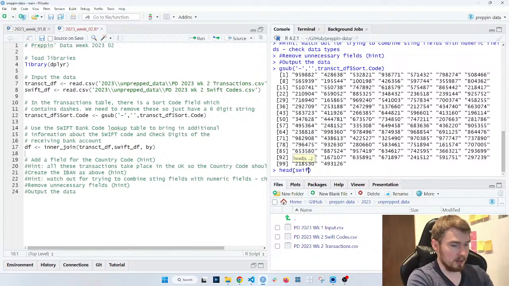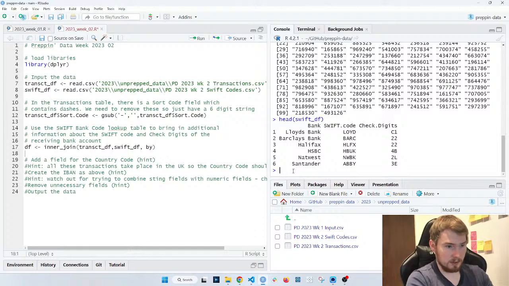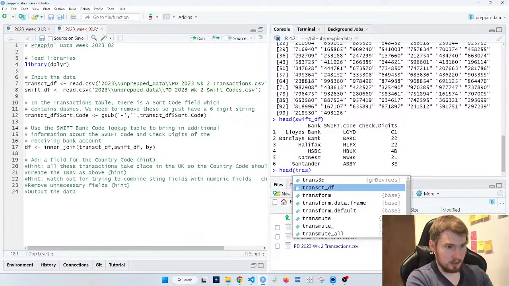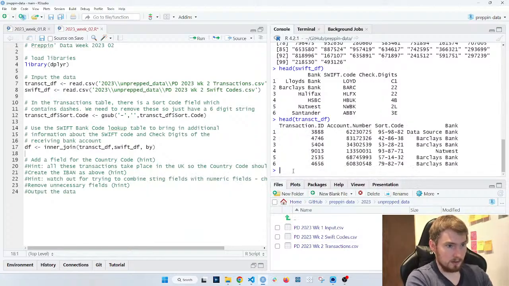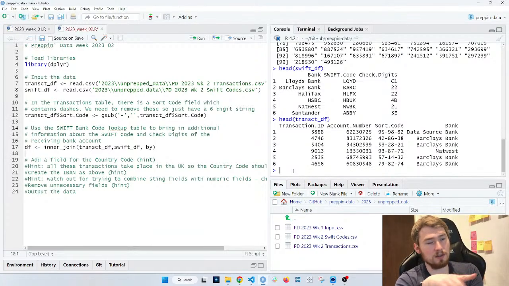So I have a look at Swift df, and I can have a quick look at transact df. This function just shows me the top 6 rows of the data frame, which is quite helpful. I didn't want to just go by the names, because the names may match but the data inside may not.